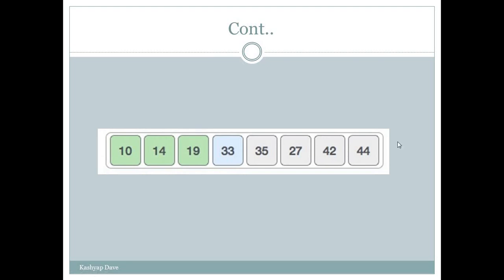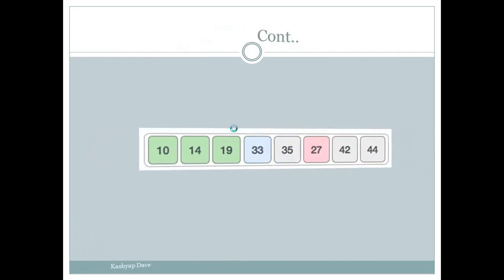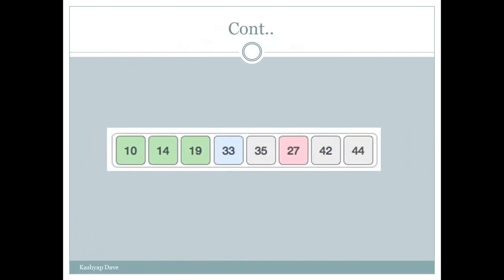So we will find our minimum number from this list. We will compare all these numbers and find that the minimum number is 27. So we have to swap it with 33. Here we can see that 33 is our actual number and we have to swap 27 with it.